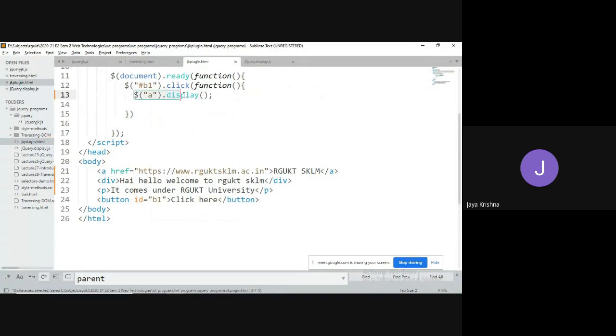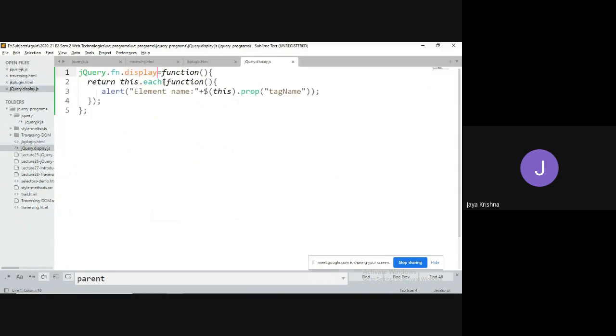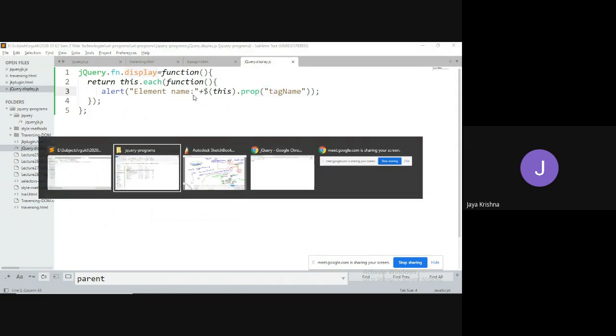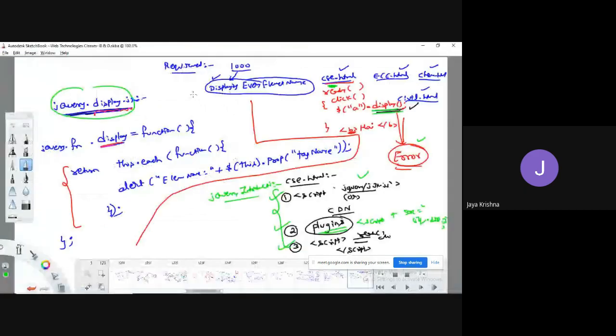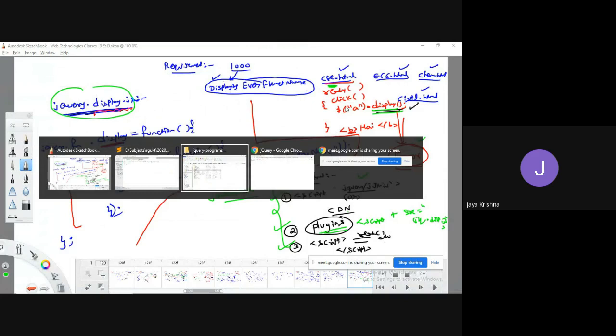Yes. So for the anchor tag, whenever the corresponding element is identified, it is going to call the display function. It will be traversed to here, and it will pass that and get the tag name. Element name is A. It needs to display. That's it, right? So everything is complete, I think. Plugin created, and all this history completed, and this one is also complete.